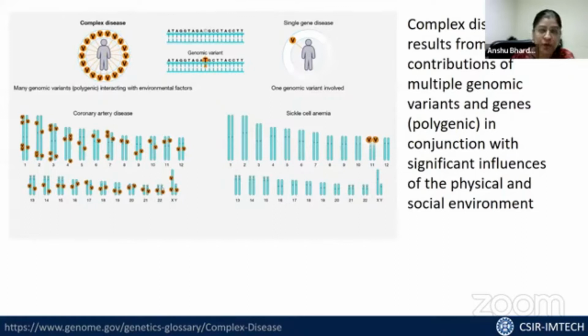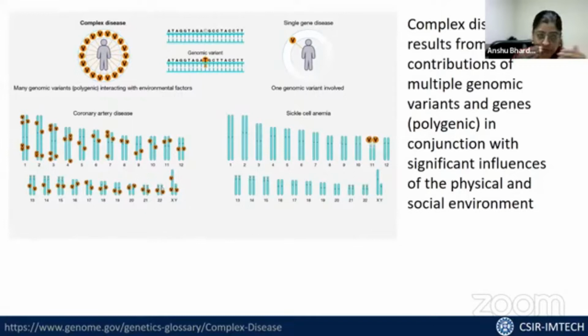When you compare two individuals, you will get anywhere between 3 to 5 million SNPs which are different. Which of those SNPs are associated with the disease? That's the first question. Second, which of them might cause the disease? There can be several reasons why the disease is manifesting. And that is where the challenge lies.